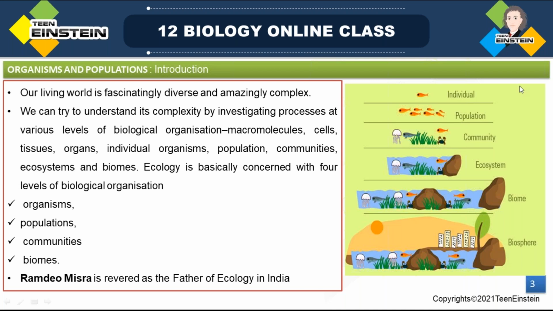So you can see one fish here. When it is forming a population, a group of fish, you can see a fish as a group, right? That is forming a group. So that belongs to the same species. Okay, all those fish belong to the same species, and they are living in a particular geographical area,